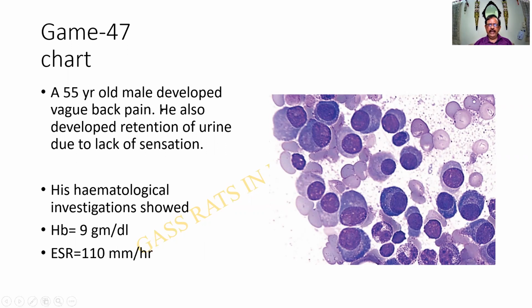A 55-year-old male has got a vague back pain and also developed retention of urine. The hematological findings were 9 grams of hemoglobin and 110 millimeters per hour of ESR. There is a picture like this that may be given to the students. In this, I am able to see multiple cells of a similar morphology. There is a slight variation in the size, but at one look, I can say,